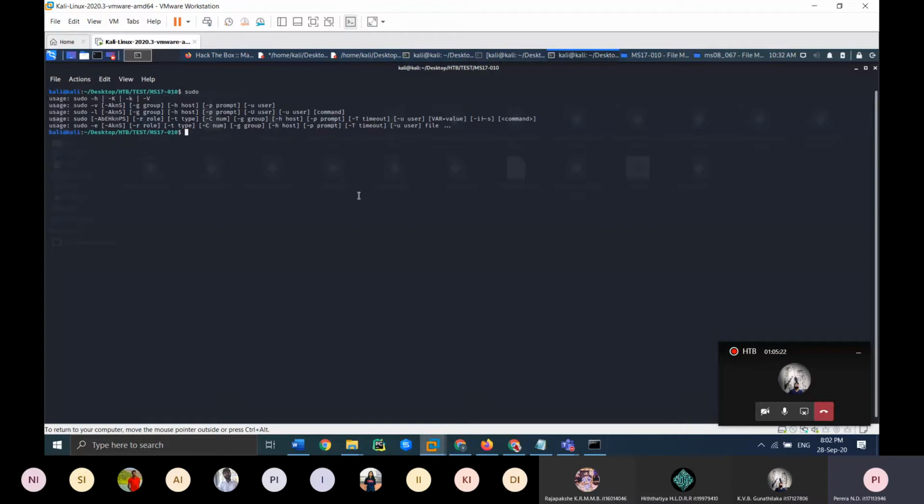So in order to do EternalBlue, this script does everything. You have to just create some sort of a payload, whether it's a JPEG, an exe, a macro, anything, it doesn't matter.